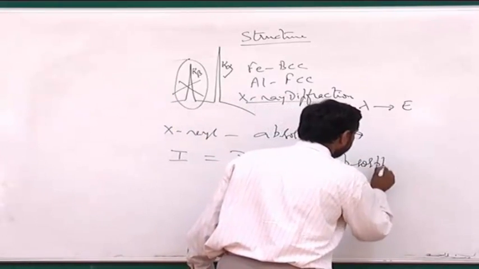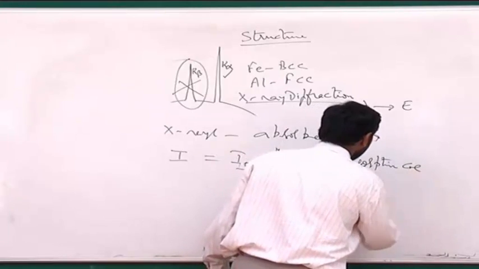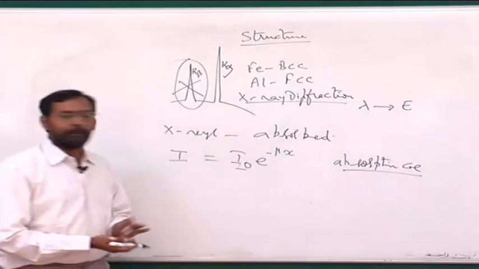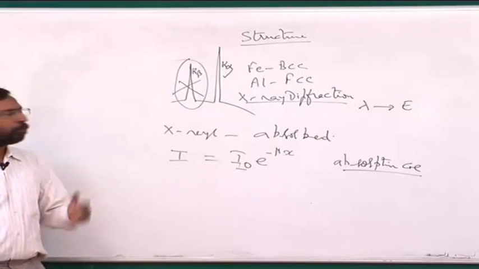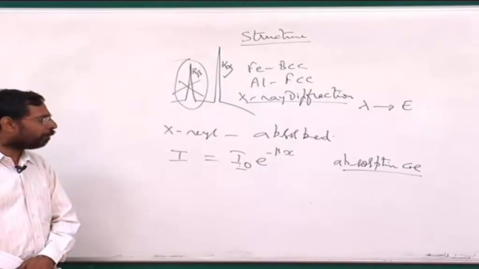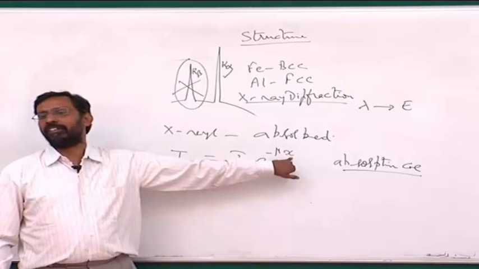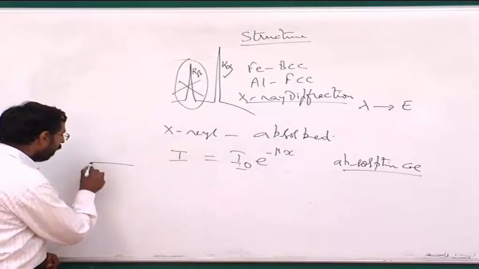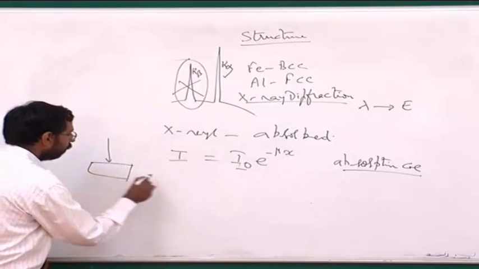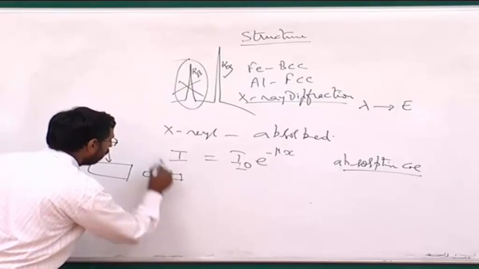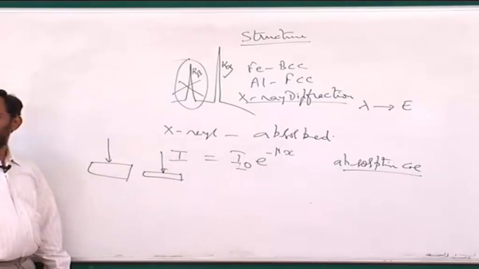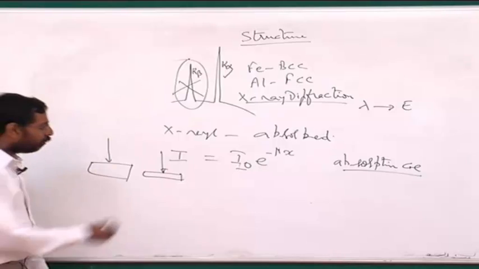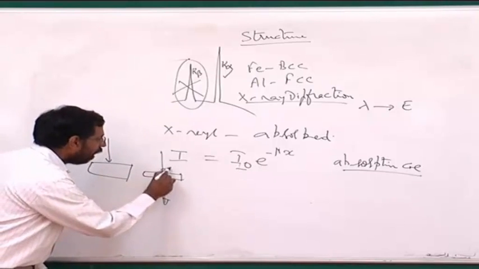It's a number that gives the ability of a material to absorb. Each material has a different ability to absorb, and it also depends on the thickness of the sample. For example, if I have X-rays going through a sample which is thinner, and in another case it is thicker, the X-rays that are coming out, if I call the incident intensity I naught,